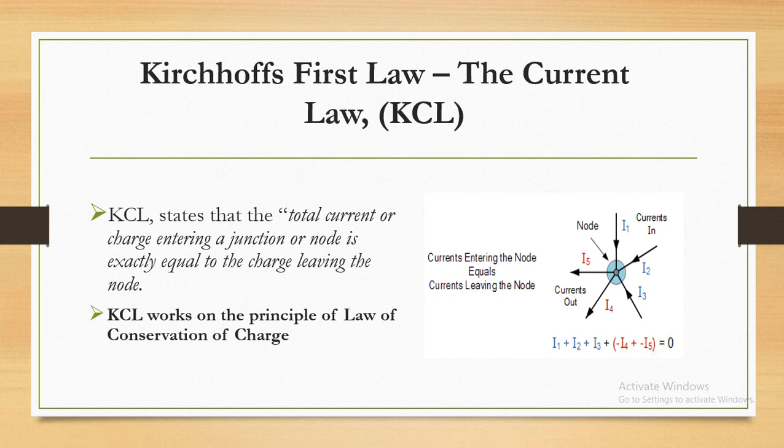This we can say: the summation of total currents at a node is equal to 0. Otherwise, entering currents I1 plus I2 plus I3 is equal to the leaving currents I4 plus I5. Next we will see